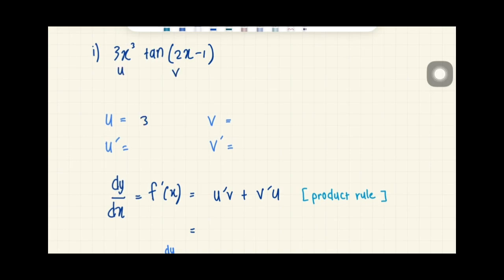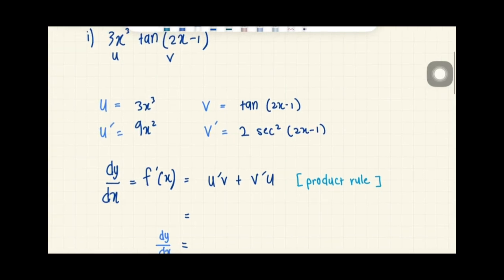So u is 3x cubed, and to get u prime and v prime, we have to differentiate. So we got 9x squared. v is tan(2x minus 1), and differentiating, we get 2 sec squared(2x minus 1). Now we just have to substitute u prime and v prime into the product rule formula. So we got